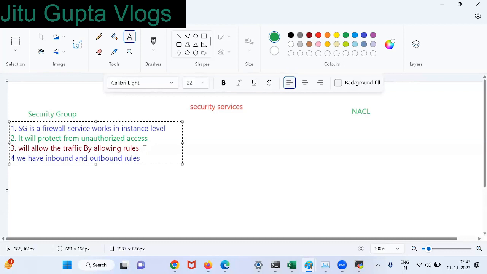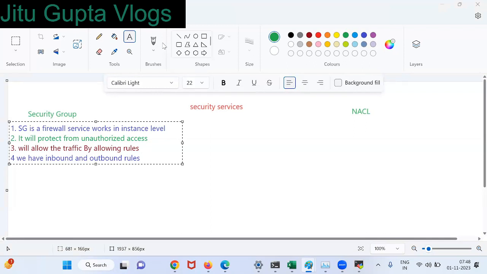In SG, are we working with both inbound and outbound, or only inbound?